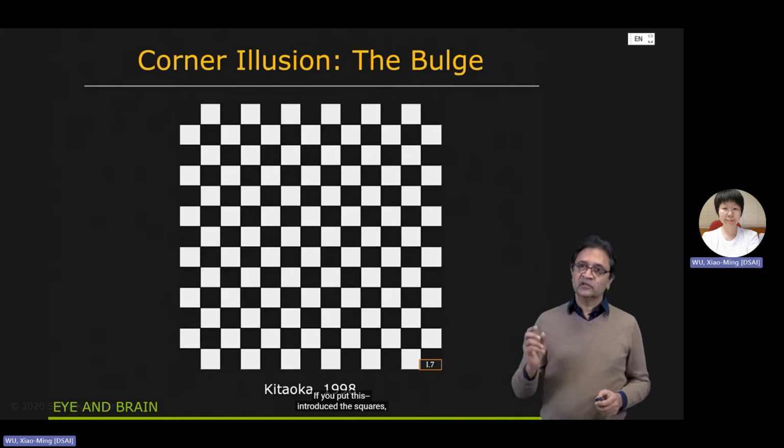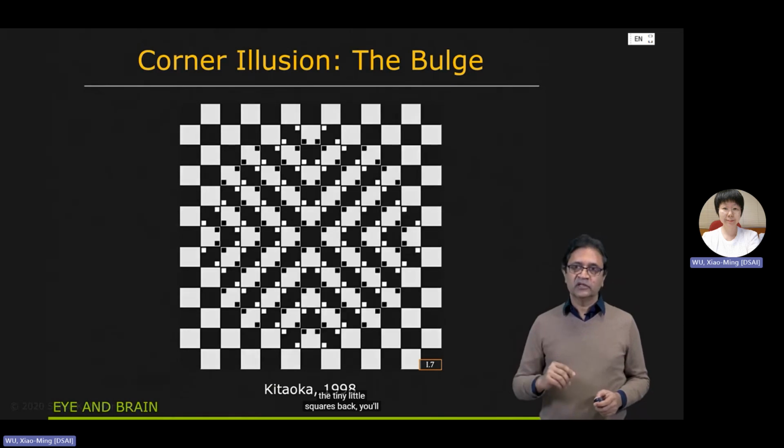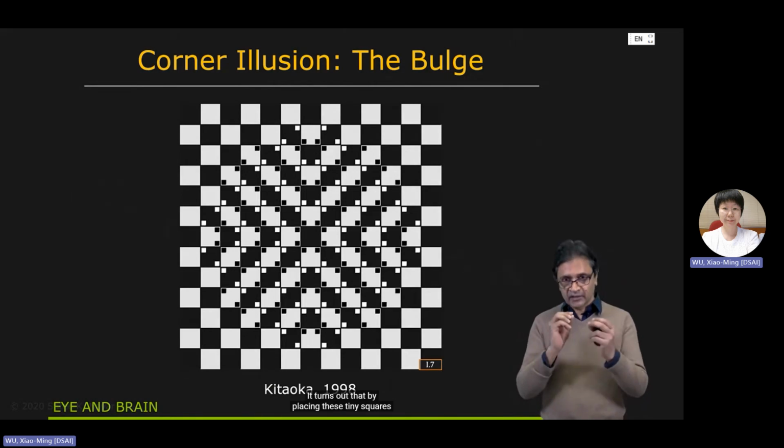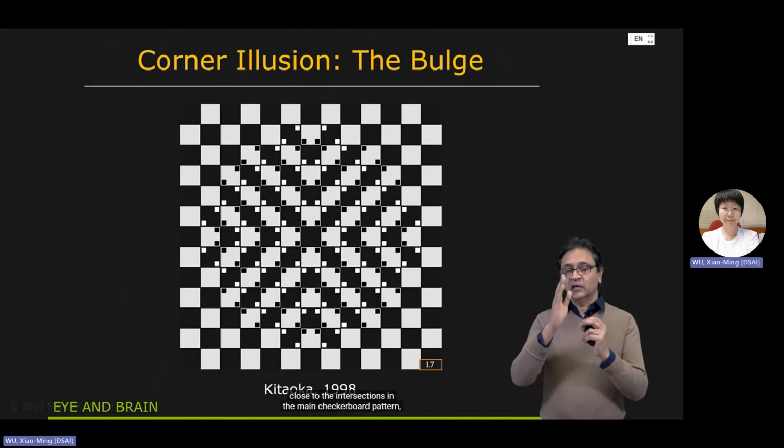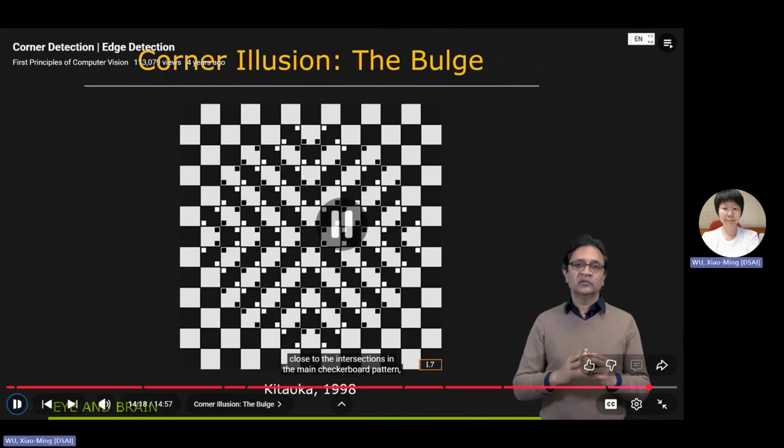If you introduce the tiny little squares back, you see the bulge once again. So this is interesting. It turns out that by placing these tiny squares close to the intersections in the main checkerboard, purposely at the intersection,